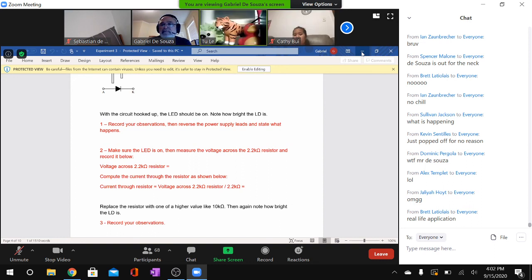Mr. D'Souza? Yes. For the resistors for experiment 1, I got two of the same values. Yeah, resistors. If you put those two of the same value